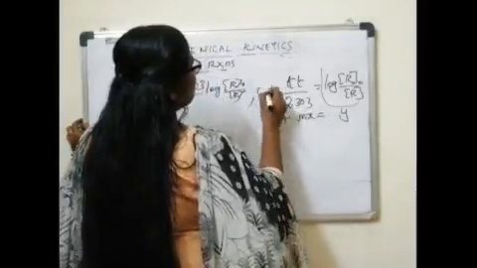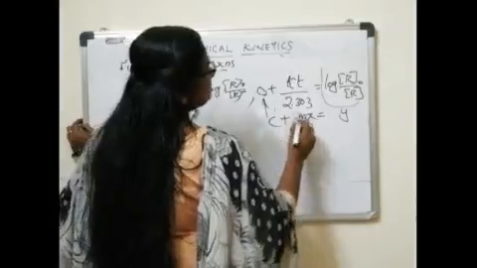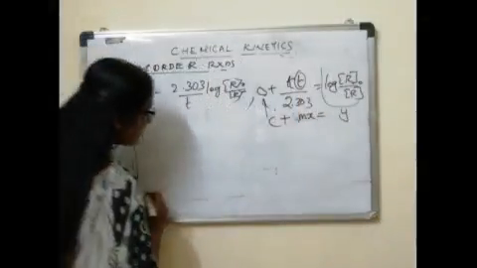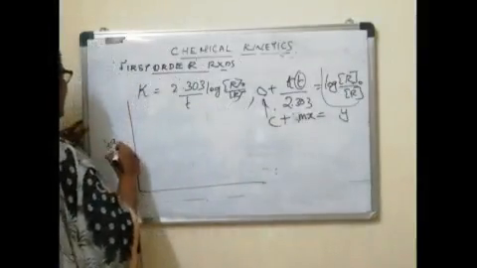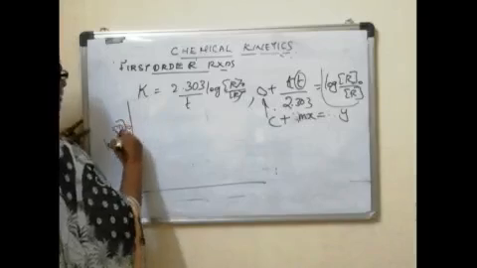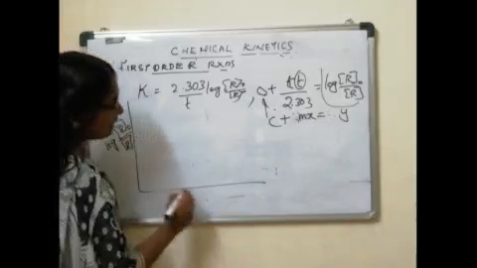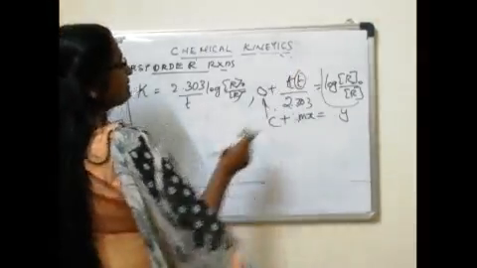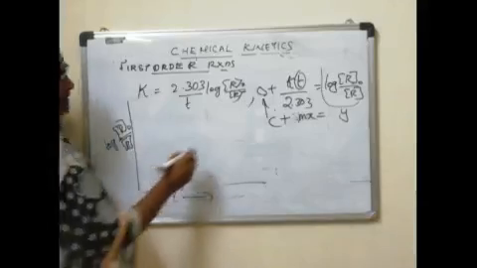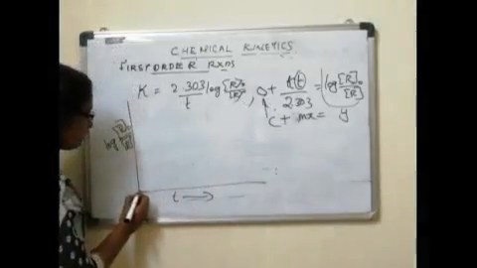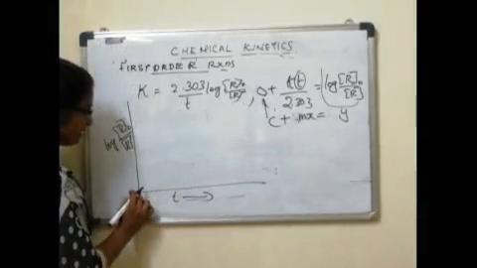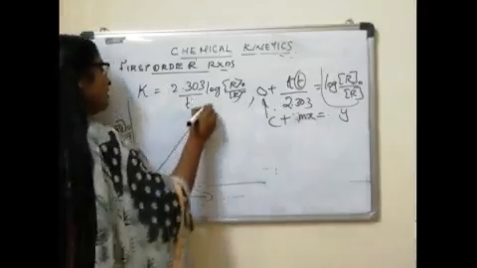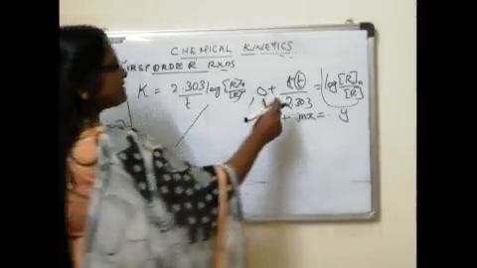In this equation c is equal to 0, and instead of x, it is t, and this is the y. If you are plotting a graph by taking log R0 by R on the y-axis and time on the x-axis, you will get a straight line graph. Here the y-intercept is 0, so the straight line starts from the origin, pointing upwards,